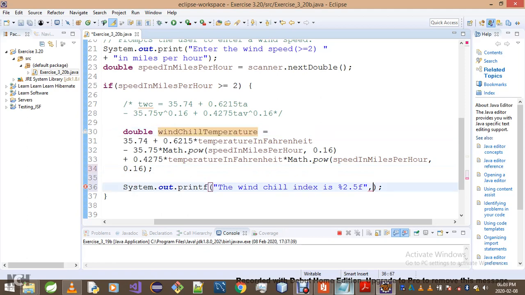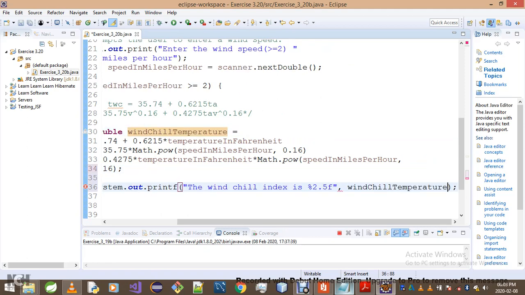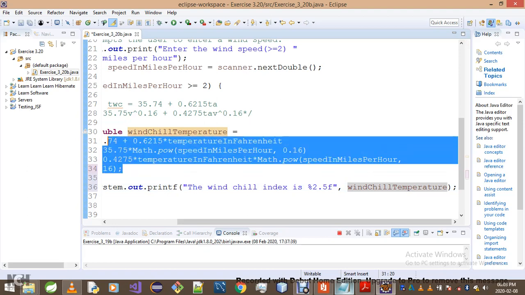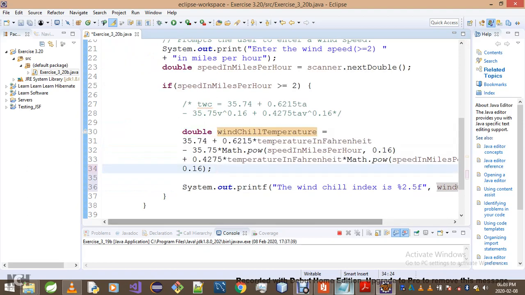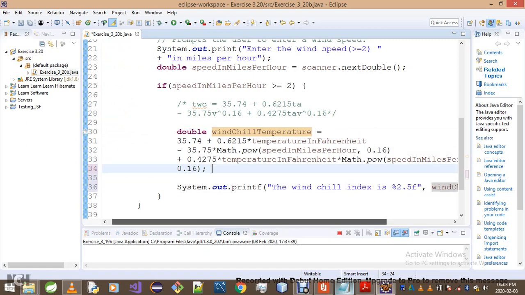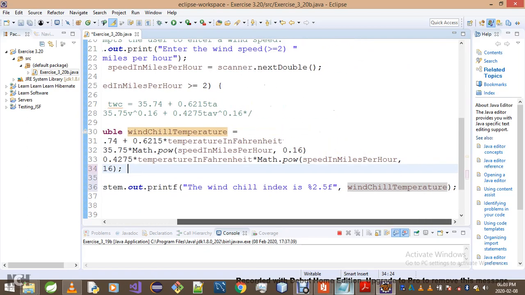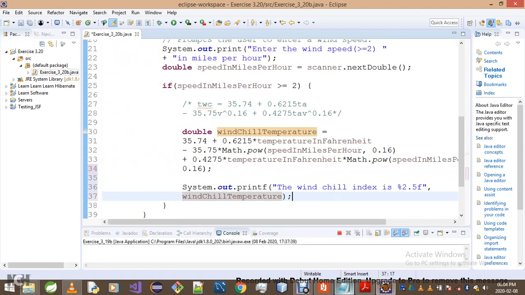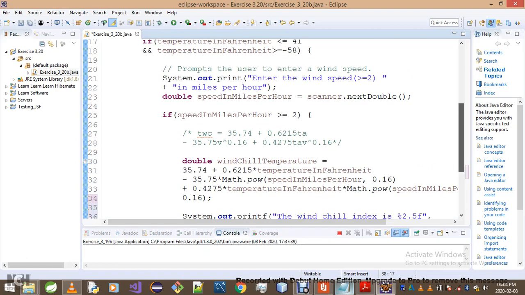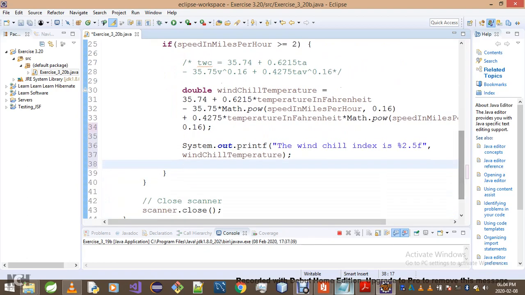You see, you folks, we could have decided to put this whole thing in our printf statement. However, that would have made our solution hard to read, so it's better we leave it as it is. Okay, this is the case where wind speed is valid, so